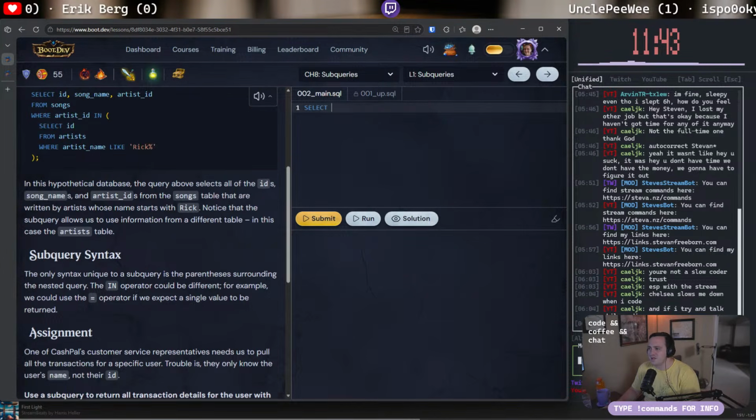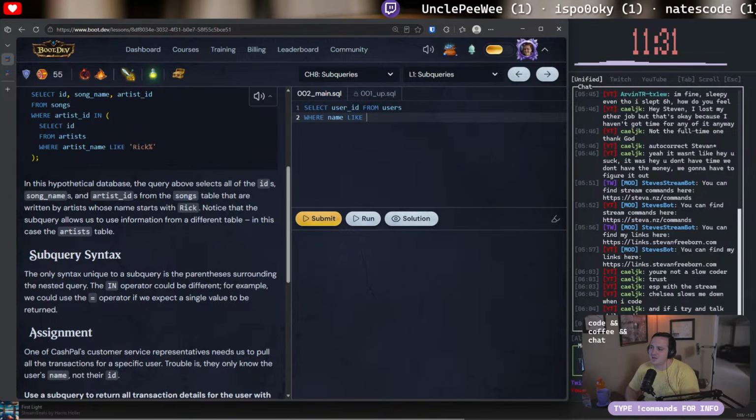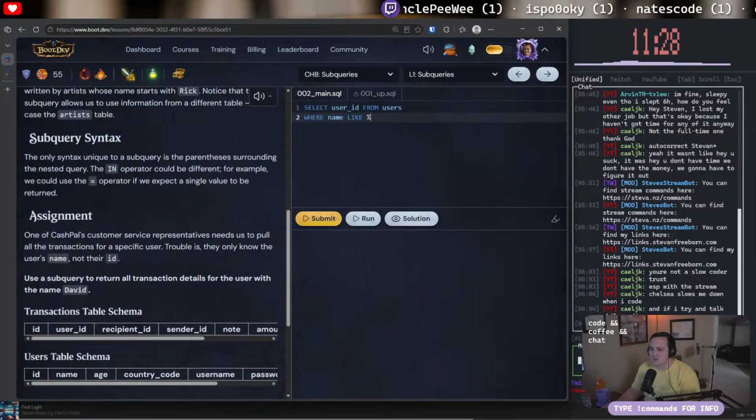So I think what I need to do is user ID from users where name is like David. Or maybe they want literal equals, because they said for the user with the name David. With the name David implies probably equals. And then